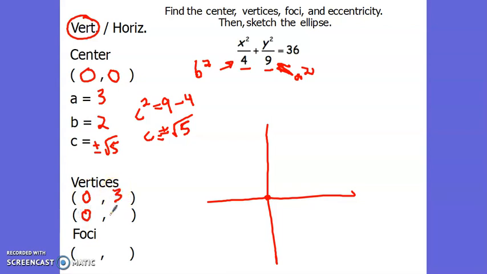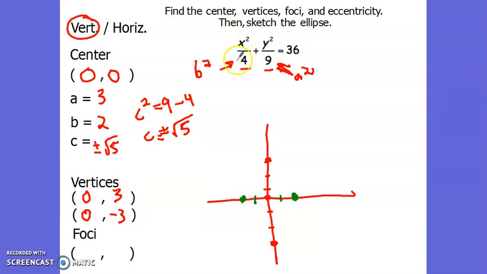And we'll also travel 3 units downwards. So 0, negative 3. So 1, 2, 3. And 1, 2, 3. We'll also travel b units left and right. So again, that'll be the minor vertex, or not technically called vertices, but sort of the other direction. We want to travel 2 units left and right,